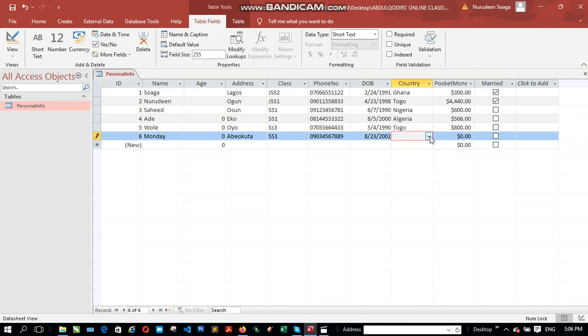Now this is a drop down. Don't you remember when I talked about lookup wizard? So it is lookup wizard we use to get this. Then the amount for pocket money